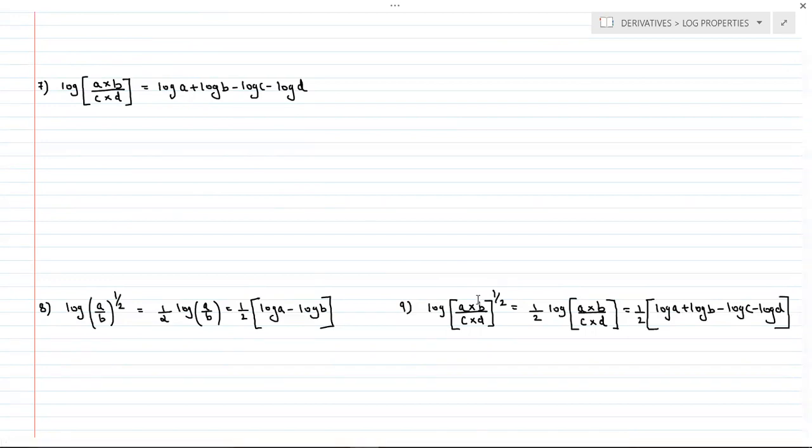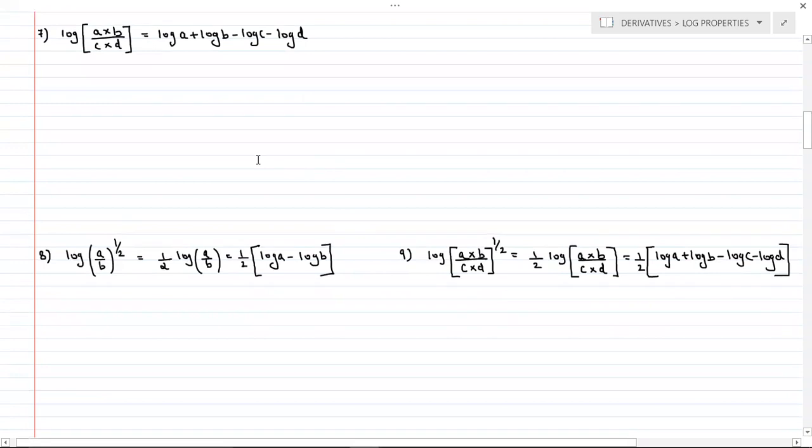This is what we can say, adjustment. We can say adjustment in the logarithm. If you want, you can keep the 7th, 8th, and 9th as a property only. You can remember this as a property only, but I will say that the 7th, 8th, 9th actually is not a formula. It is not a property. It is not there in the textbook. You can remember this 7, 8, 9 as a property if you want. Okay, so this I can say adjustment in the logarithm.